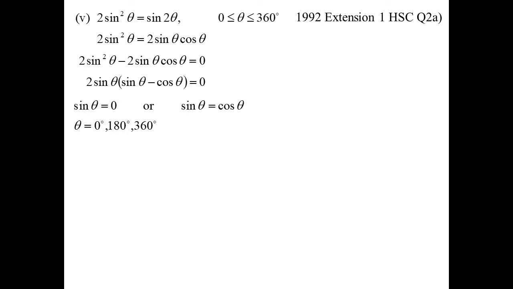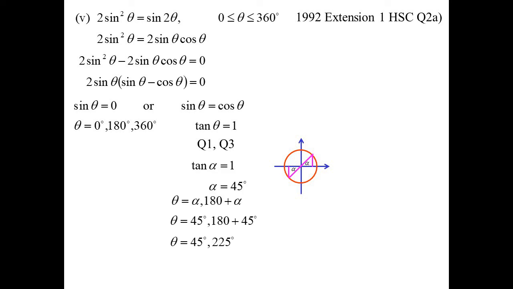So 0, 180, 360. The other one I can turn into tan theta equals 1. And that's our exact value of 45 degrees. So we get 45, 225. So we actually end up with 5 answers for this one. Now, I've been using degrees for all those, but of course, it's probably more likely we're going to end up